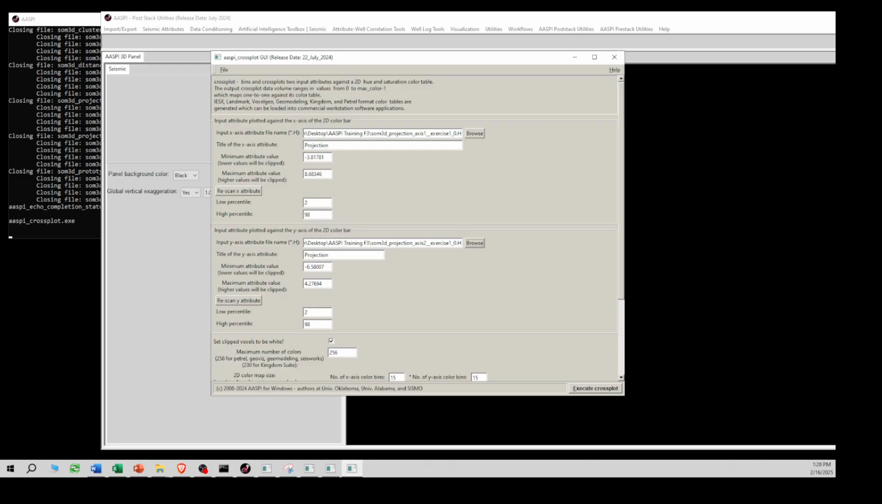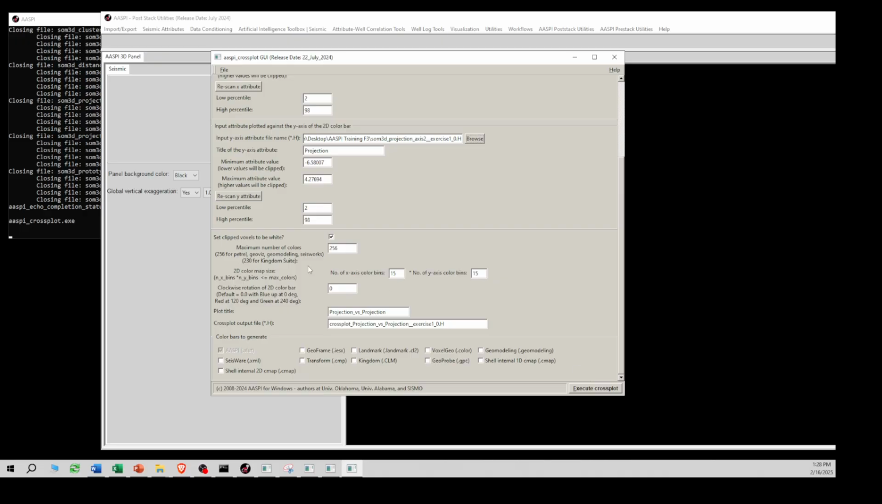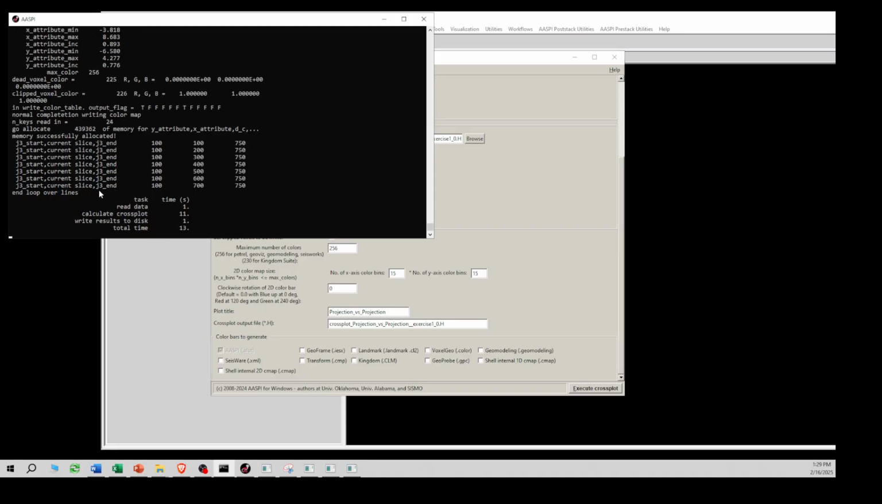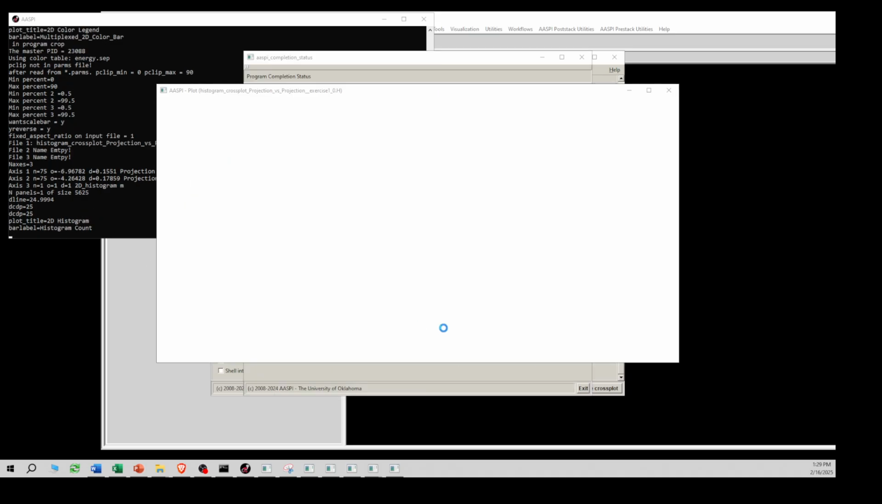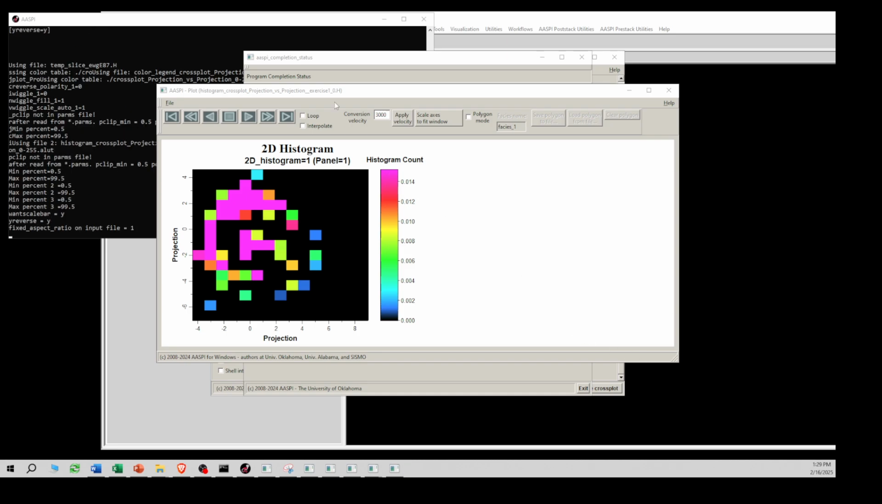Let me think if there's anything else I want to change. We're going to set the clipped voxels to be white. And yeah, let's execute the crossplot. And I'm just giving it a few minutes to run. Okay, and so you can see a couple plots show up. We've got our,